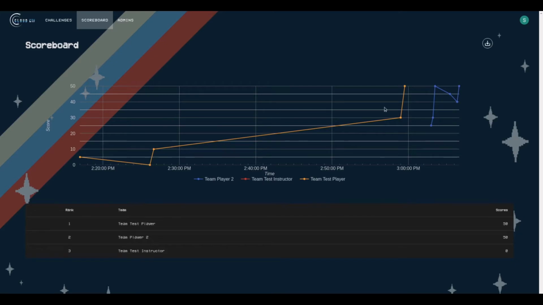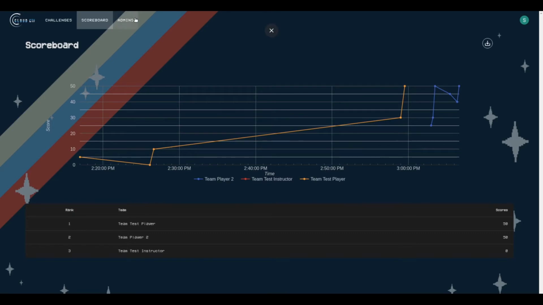This is just kind of a quick example. In an actual CTF competition rather than this sample one, you're probably going to have a lot more players going on, so you'll see a really colorful, big and detailed graph. But in this case, we just have a couple of samples. Moving on, we also wanted to show you a couple of tools that you can use to help make the scoring process a little bit easier as an instructor.